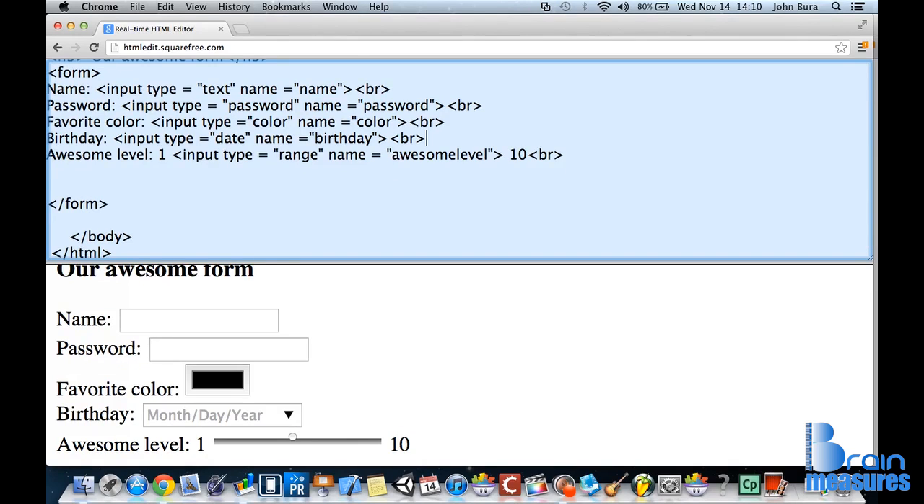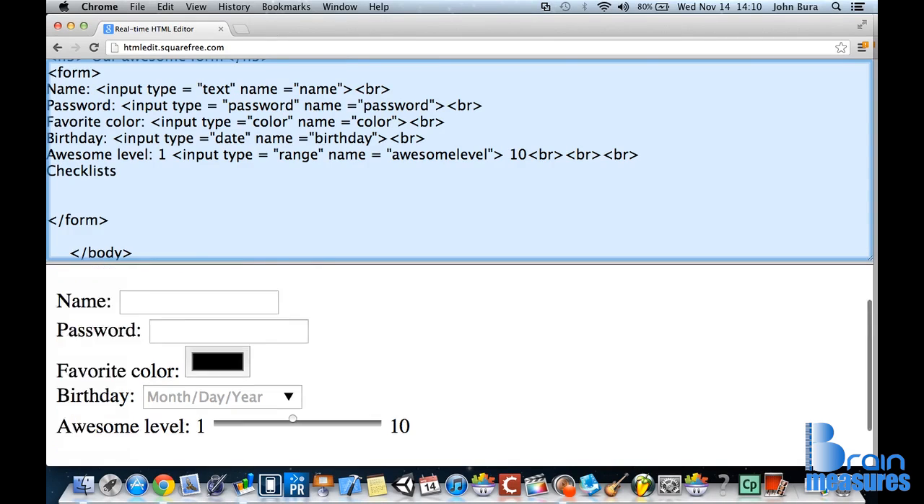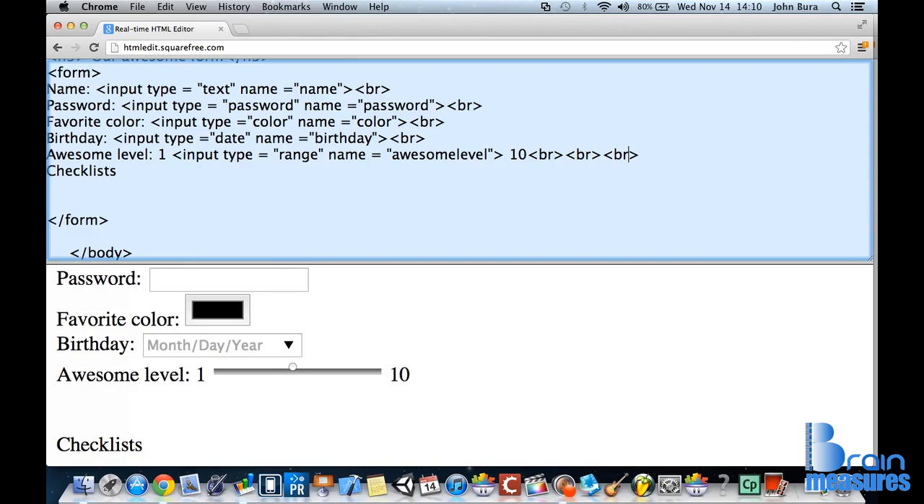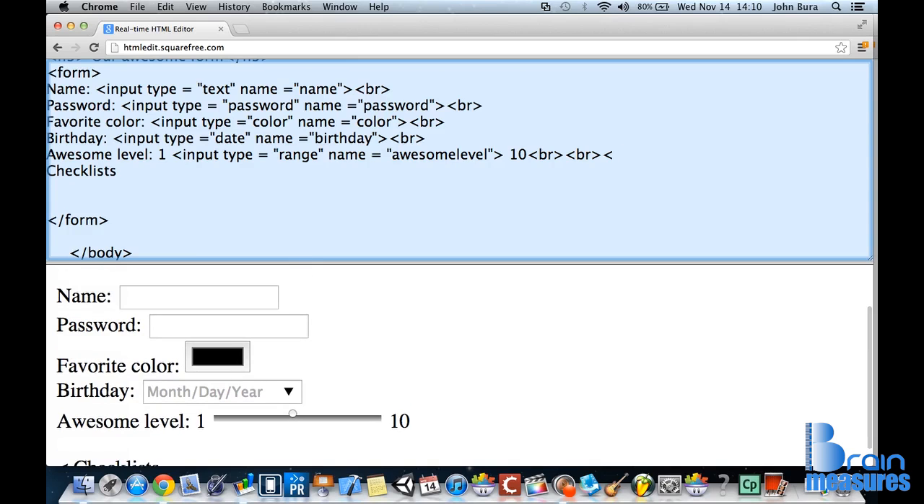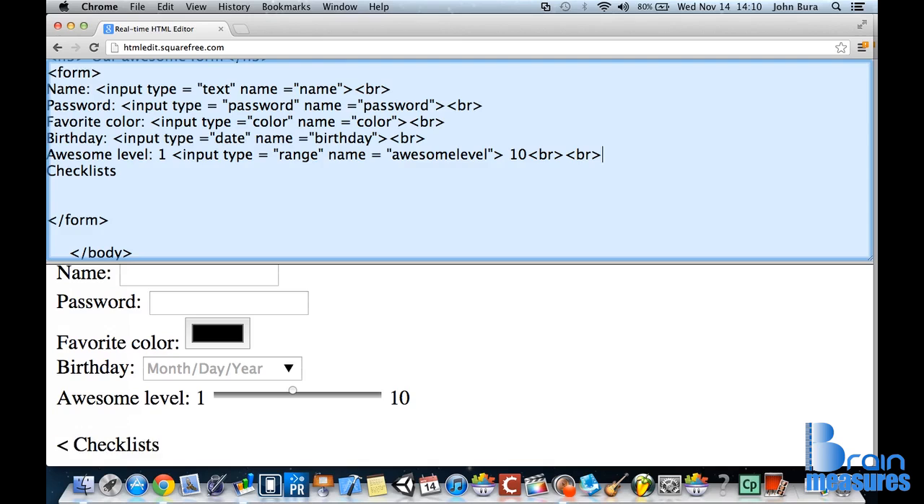Okay, so one thing we're going to do is add in a couple more breaks here. And what we're going to do is say checklists. Okay, and maybe take away one. There we go. So what's going to end up happening here is we're going to add in another type